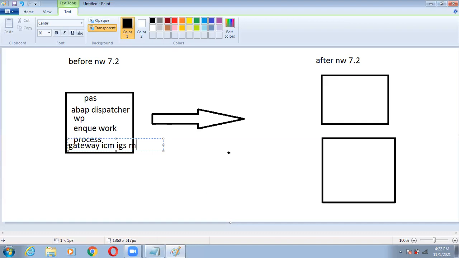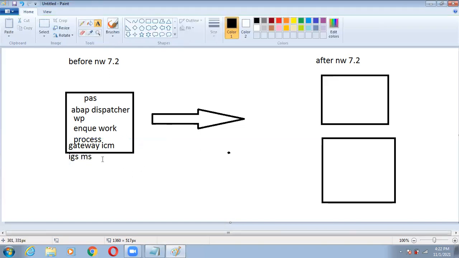And at last we have message server. So these are in one box.